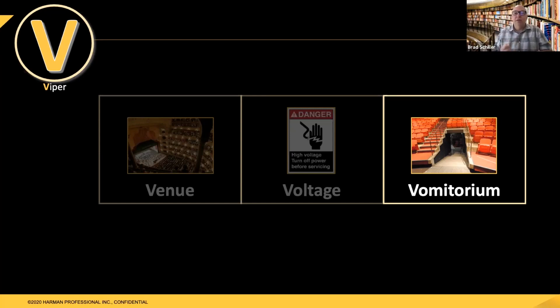Sometimes it's shortened to vom. What's kind of fun is this term comes from the Latin verb vomere, which means to spew forth. And the way it came about is when the original Roman amphitheaters had their big walkways like this, when a show was over, everyone rushed to the exit, making it seem as if people were spewing out of the arena, or to spew forth. And so that's where the term vomitorium comes from, or again, you might have just heard it called vom. A lot of events in stadiums will have lights placed above the vom, and those will be the vom lights or the vomitorium lights.